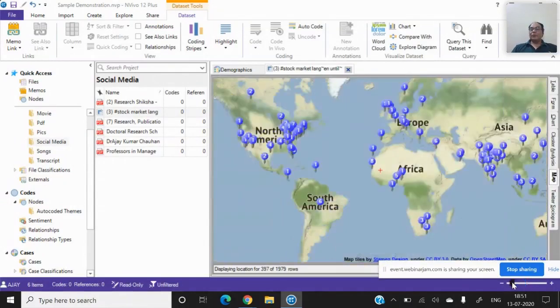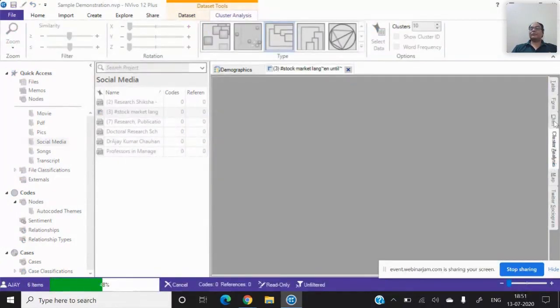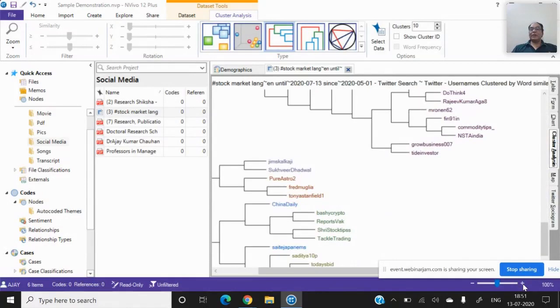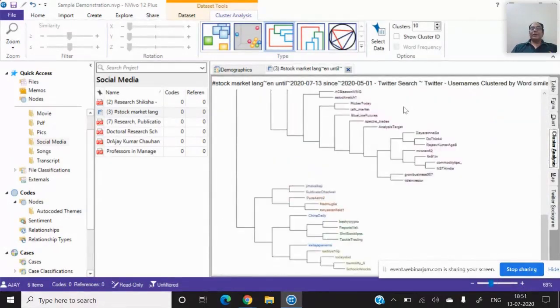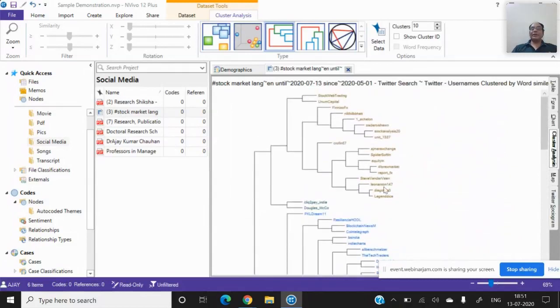Okay, so you can find out the different areas. You can do different analysis on this data set. Like I clicked on the cluster analysis, so you can do the cluster analysis on the data set. So you can see the cluster analysis. These are the different clusters of the tweets, right? We can use these clusters to identify which kind of words are coming near to each other in the cluster analysis, so which are the words used in the different clusters, right?